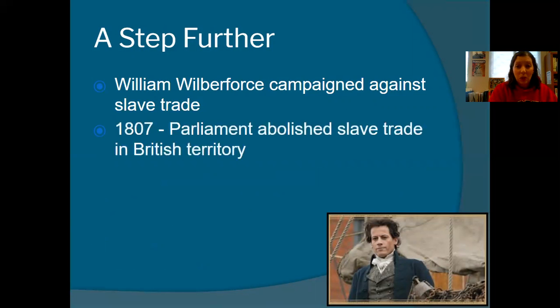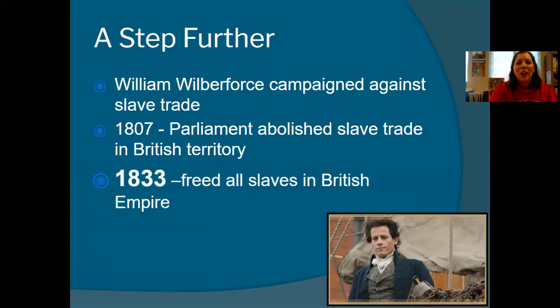slavery issue. So in 1807, the British Parliament abolished the slave trade in British territories. So that was a pretty cool first step. But in 1833, a couple decades later, Parliament voted to begin this process of freeing all the slaves throughout the British Empire. So there's a cool scene in the movie where Wilberforce brings in these petitions and he flings